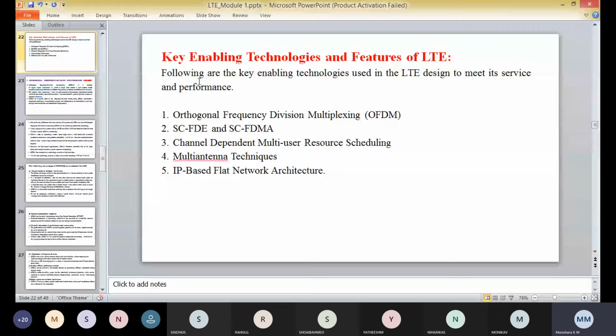So here OFDM is a technique of transferring a large amount of digital data over a radio wave. A large radio signal is split into several sub-radio signals through which the data is transferred simultaneously at different frequencies to the receiver. So the data is transmitted in parallel across various carriers, with the overall OFDMA signal being split into a number of parallel substreams.